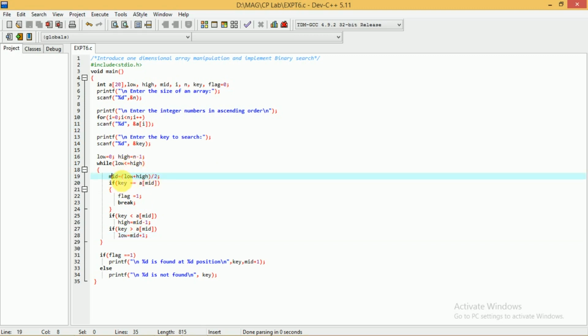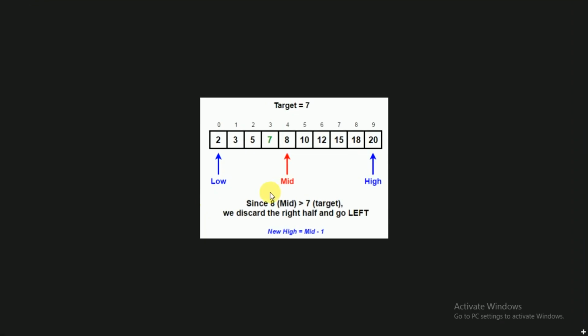Okay, so this is for the new values of high and low. Here you consider the next iteration, where we have low here and high here. Again the execution will start as if this is a list, and it will calculate the middle element. The middle element is (0 + 3) / 2, which is 3 / 2 = 1.5, which means 1. So the middle element will be 3.